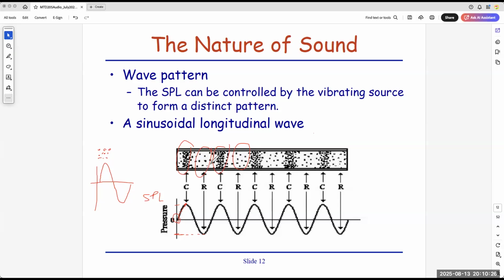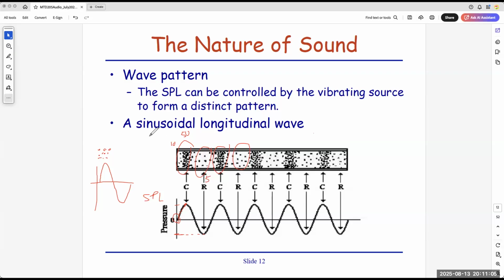Right now you can see the number of particles here is lesser. For example, maybe I put 10 particles at this zero place. Then here, being squeezed together, there's maybe 50 particles. 50 particles means pressure is very high because it's all squeezed together. Then down here, instead of 10 particles, being expanded out at this region, maybe only 5. So you can see it's being relaxed because you pull it in the other direction, the pressure is reversed. So as you go up and down, it looks like a sine wave.